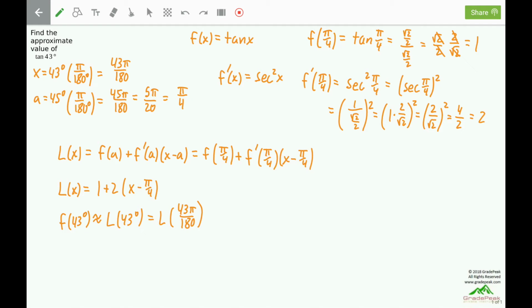F of 43 degrees is f of x with 43 degrees put in place of x, which is tangent of 43 degrees. And that'll be approximately equal to L of 43 pi over 180, which is 43 pi over 180 in for x on the L of x linear approximation. That gives 1 plus 2 times 43 pi over 180 minus pi over 4, which is equal to 1 plus 2 times